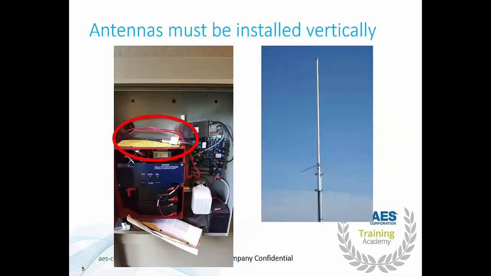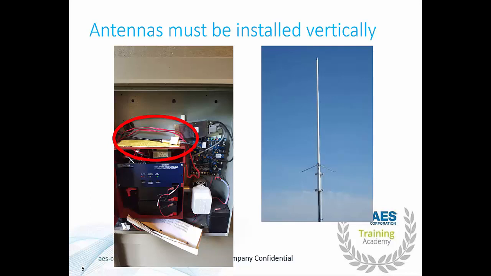Now that we know how the radio signal comes off the antenna, we should know that antennas cannot be mounted horizontally. The radio signal that will come off the antenna will send one signal straight up into the air and one signal straight down to the earth. It is possible that you could get a subscriber to work by mounting the antenna horizontally, but it will not work well. On the left you can see one of the worst installations I have ever seen. Someone mounted an antenna with double-sided tape and the tape has fallen off, causing the antenna to lay horizontally. On the right we have a 6 dB antenna mounted plumb above the building roofline and with all ground planes and radials installed correctly.